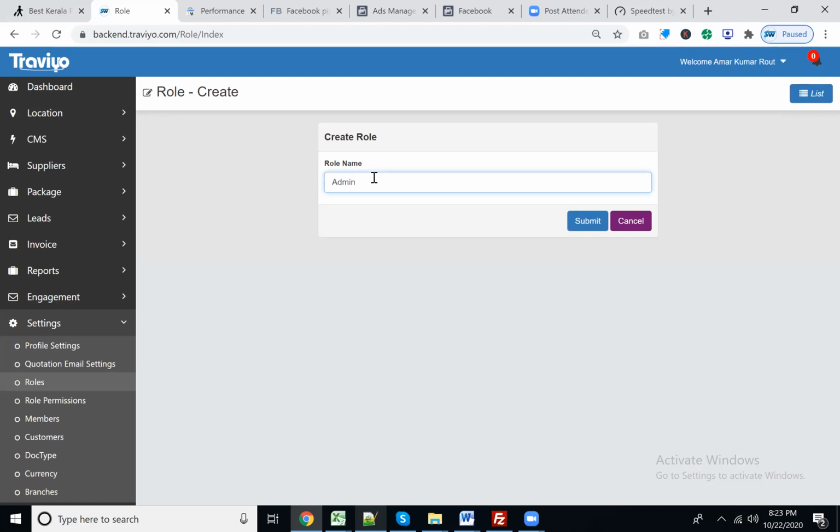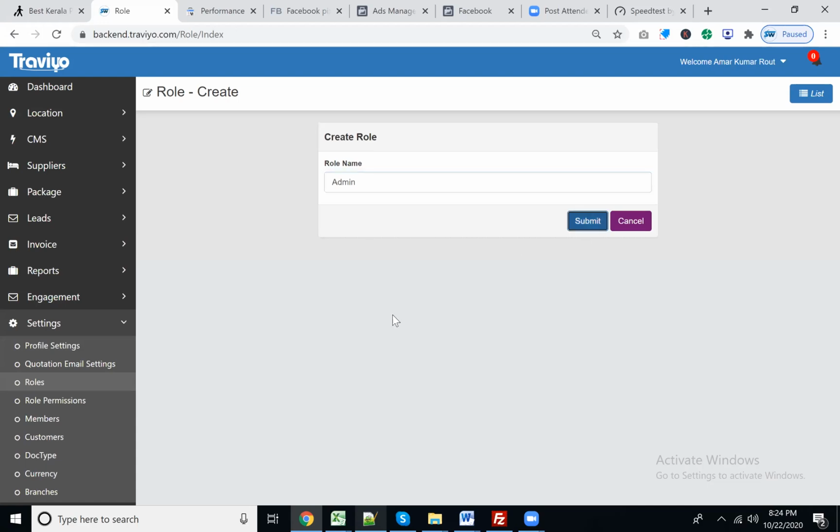What is a role? How have we developed it in Travio? We have simplified the role permission system. Now you no need to create the role with each member. Just create the role once, because there might be 10 people in your operation and 5 in your sales. You don't need to do data redundancy or look into your role permission settings multiple times. Only create the member and allocate them a role. You have to set up your role only once. So now here I'm going to set up the role.